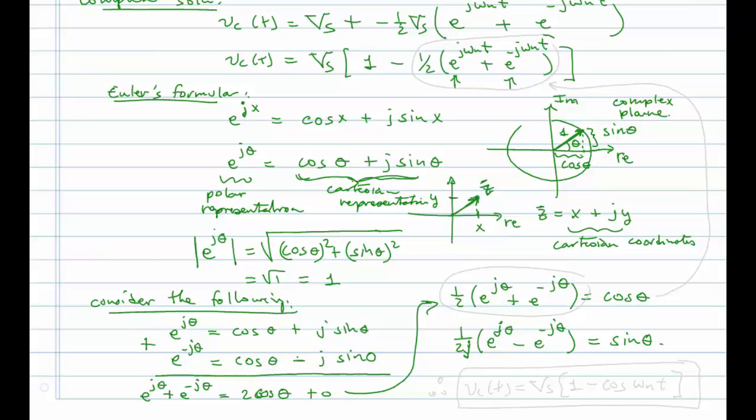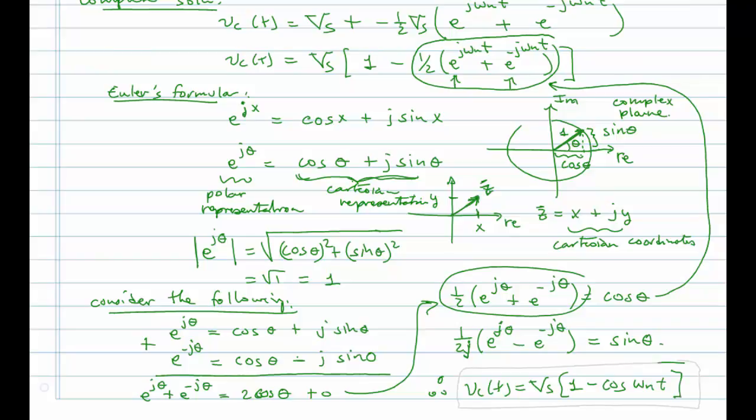Now, let's look at this expression up here. Is that not simply this expression? And so we can go plug this in here. So, we can therefore write, therefore, Vc of t is equal to Vs times 1 minus cosine of omega n times t. Wow, that is pretty amazing that we got through all that nasty math and ended up with something that looks